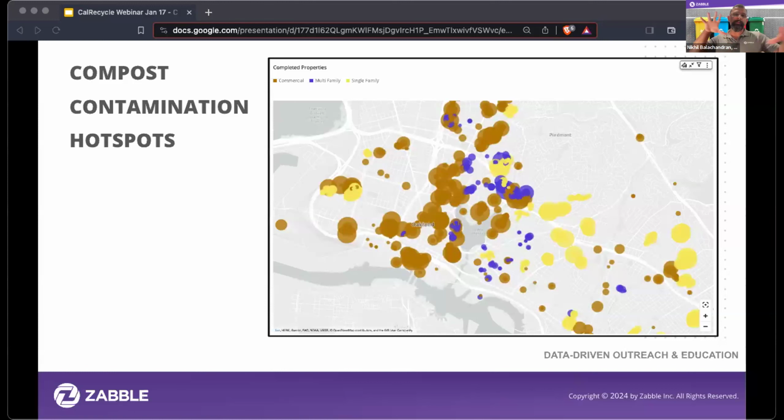On the other hand, you can also look at it on a map, if you wanted to see geographical hotspots in contamination. The size of the bubble here indicates how contaminated the bin was, and the different colors are the different generator types. So you can see around Lake Merritt, right in the middle, a whole bunch of businesses in brown. They have really large bubbles, as opposed to single family, the yellow ones, which have smaller bubbles, which we already know from the earlier analysis I presented, that single family contamination was lower than commercial contamination. So you can see it in different ways.